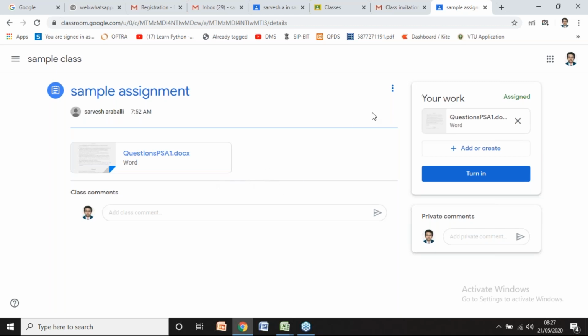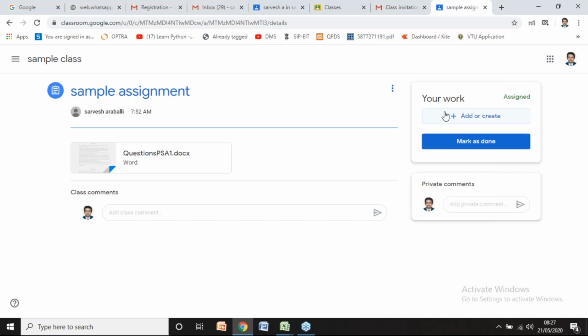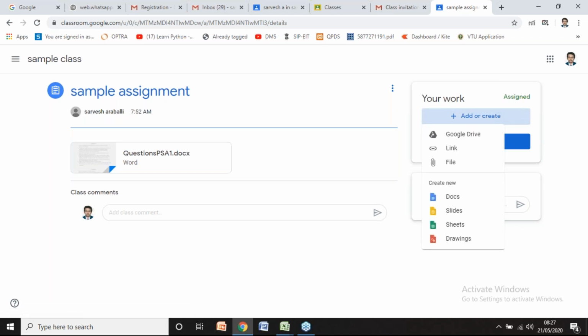Then in that you can observe here there is a text box called your work. In this there is a button, that is add or create. Just click on this. As you are going to upload a file which is a scanned copy of your assignment, just click on this,